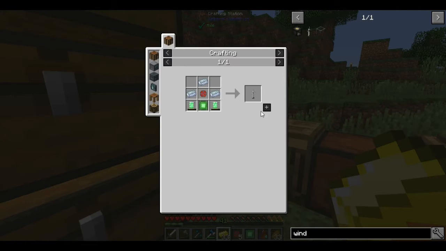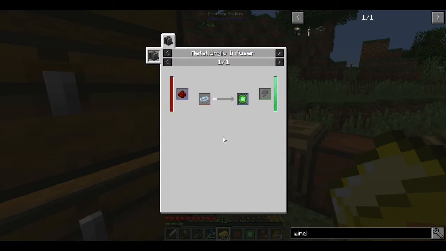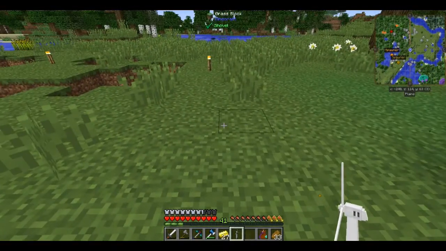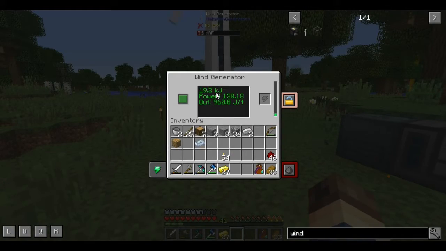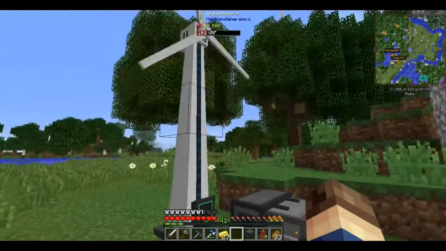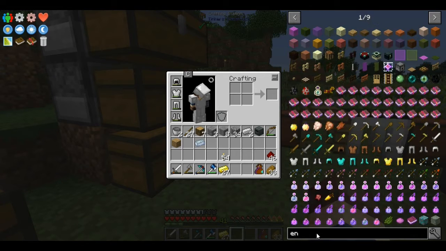Alright, we have all the resources, and I think I can just click them into here. So we got 2 energy tablets. We already made that. So we can just do that. And we have a wind generator. So I'm gonna place this down, and hey, that looks pretty cool. How much is it generating? Pretty decent. Cool, okay. I'm gonna pick you back up, and we'll break you for now, and we'll just put you right there. And then we need some energy conduits, so...